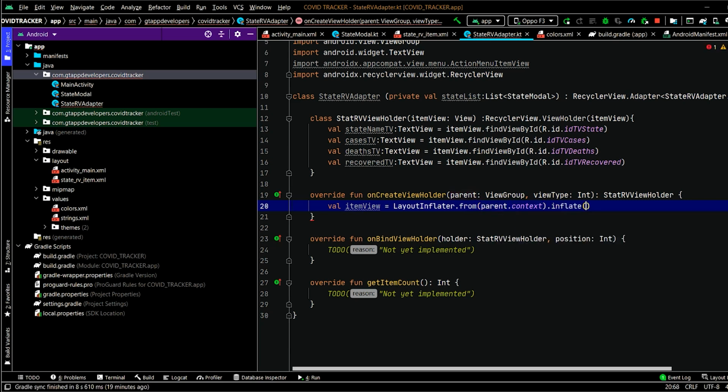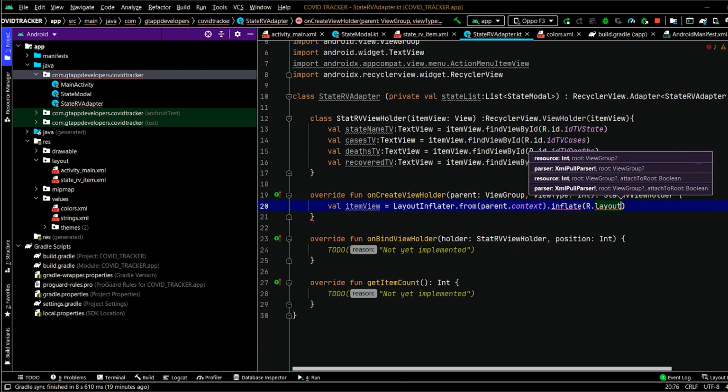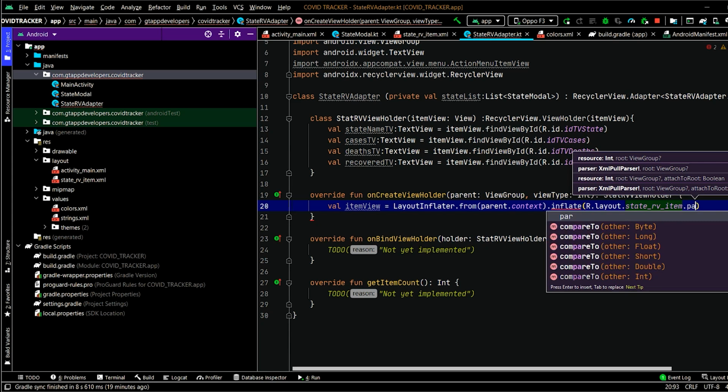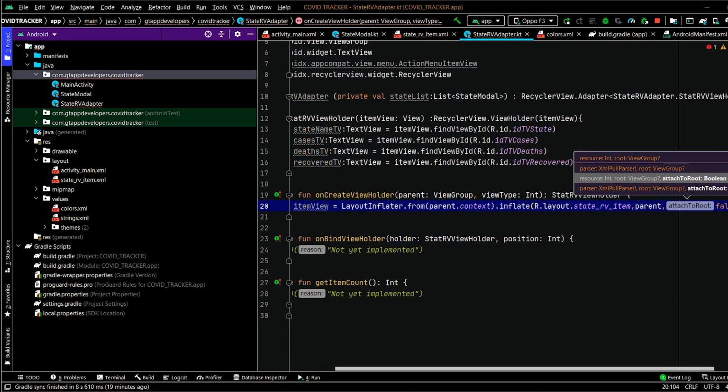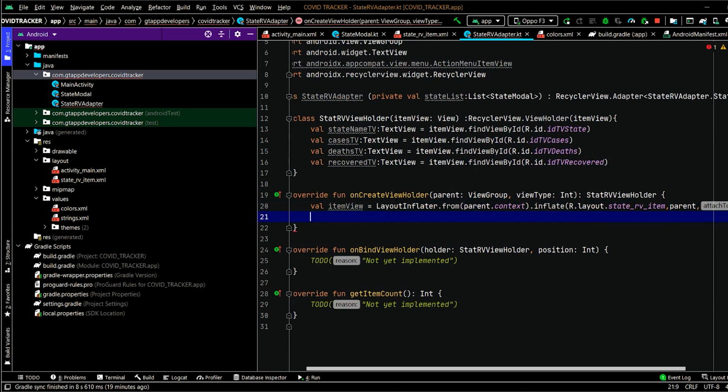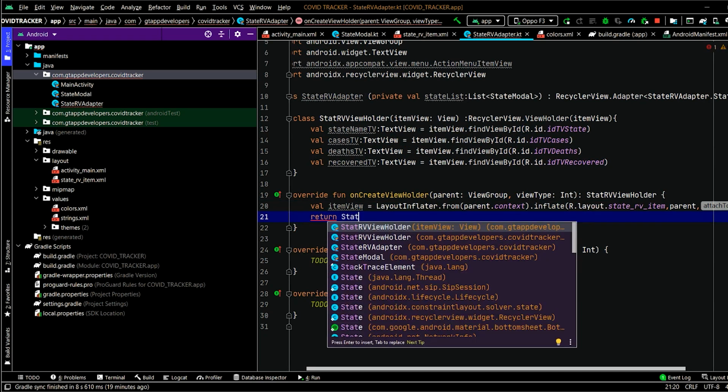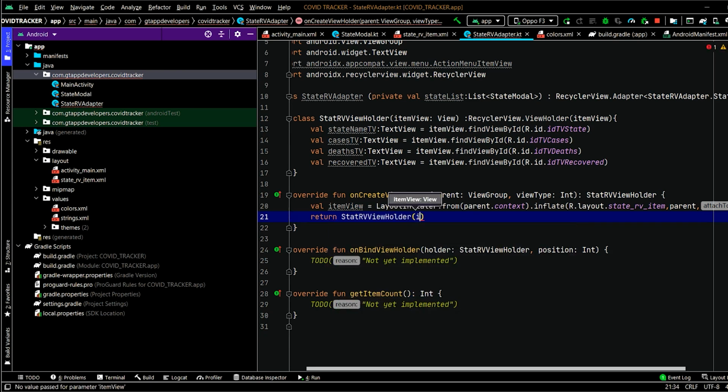Now we have to specify the name of the file which we have to inflate. That is here the layout file which we have created as a state rv item. We have to specify parent and then false. After that, we have to return this item view with state rv view holder and return our item view.